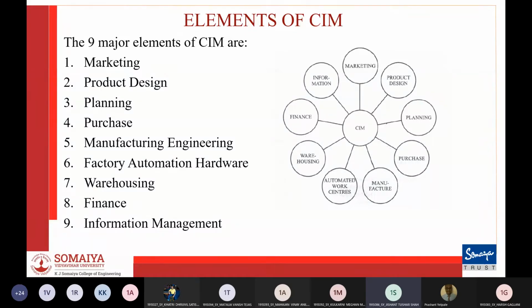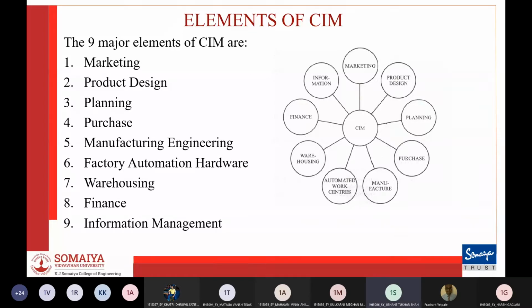Manufacturing engineering is the activity of carrying out the production of the product involving further enrichment of the database with performance data and information about production equipment and processes. In CIM, this requires activities like CNC programming, simulation, and computer-aided scheduling of the production activity. Factory automation hardware. Factory automation equipment further enriches the database with equipment and process data. In CIM systems, this consists of computer-controlled process machinery such as CNC machine tools, flexible manufacturing systems (FMS), and computer-controlled robots, etc.